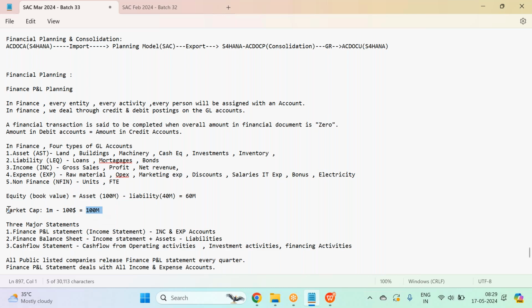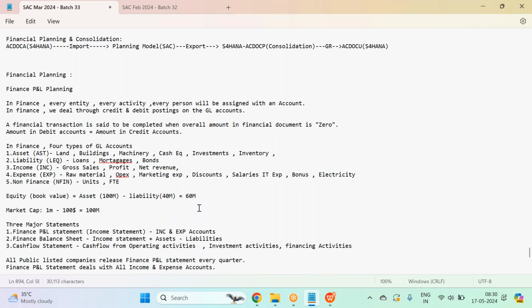But if this company really goes bankrupt, how much do they receive? They don't receive $100, guys. First, they'll sell off all the assets worth 100 million. Because the stakeholders are considered owners of the company, they will always be paid last. Owners are always paid at the end, right? So first they'll clear off the liabilities of 40 million. The remaining 60 million is distributed among stakeholders.